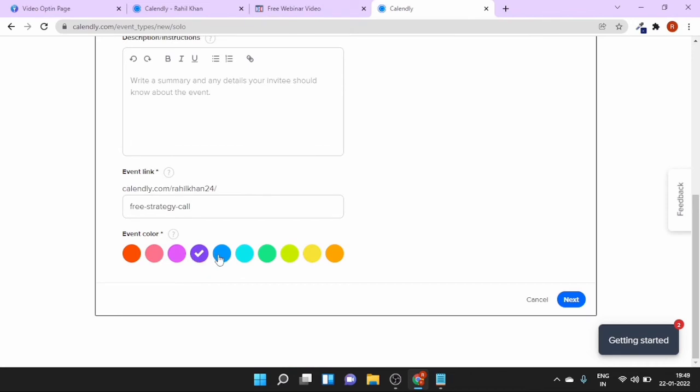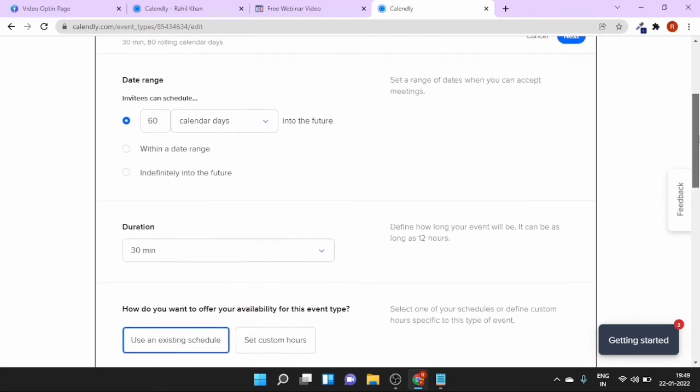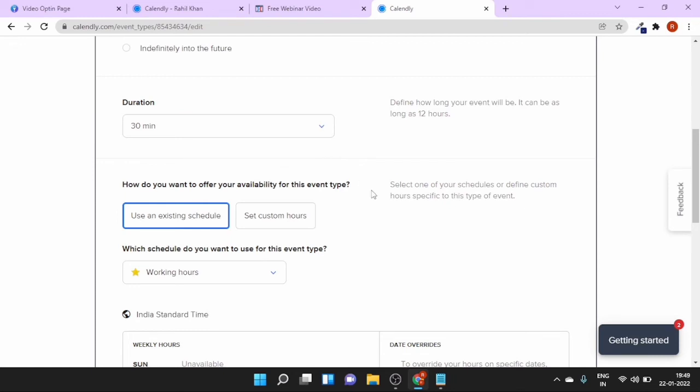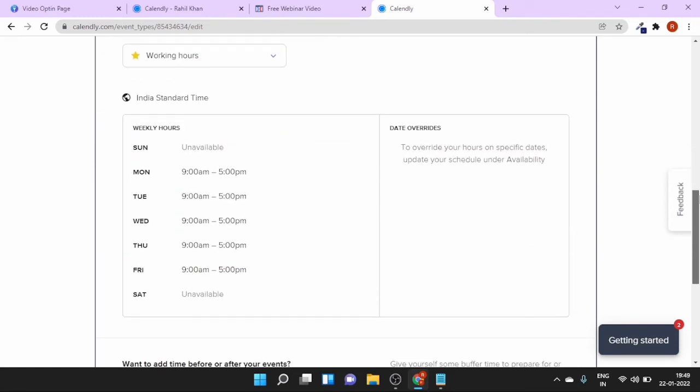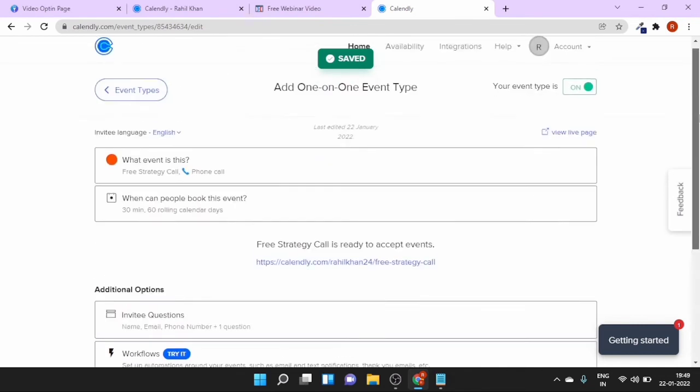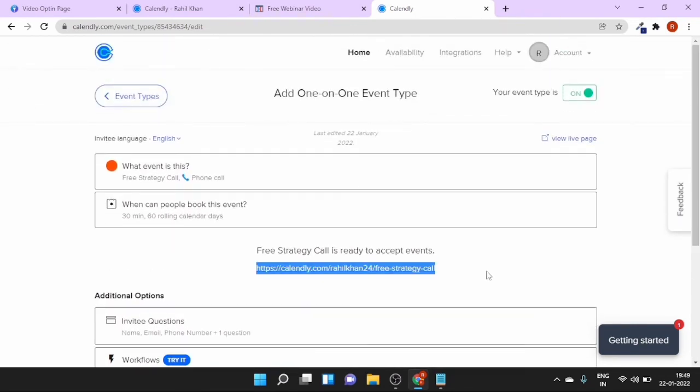Now you can give any color. So I'll give this color and I'll click on next. Now how much time you want to give to your client or to your user. So I'll make a call for 30 minutes. It's okay. Now everything is okay. Now we have schedule and hours when we are free. Now click on next button. Perfect. Just copy this link and